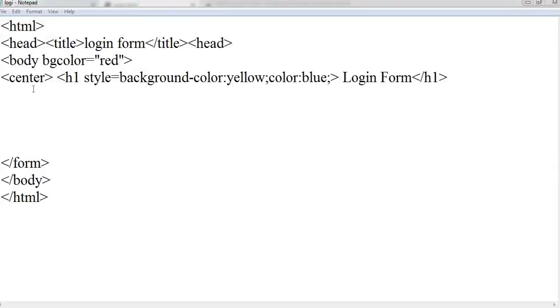So continuing this program, we have taken the center tag, so the heading will be displayed in the center. For this we have again applied the background and color for the headings, and now we start the form with the form tag. This form is going to be created with the table tag. So we are adding a table,